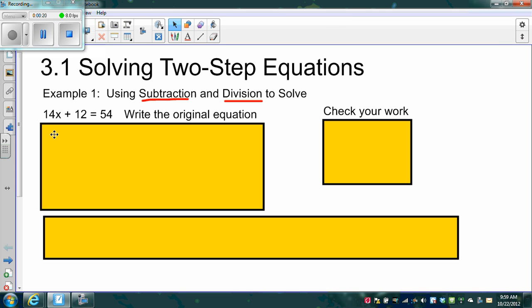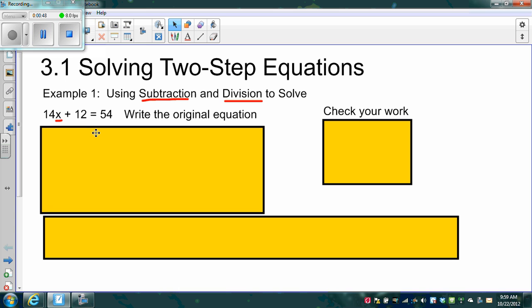So for example, if you had 14x plus 12 equals 54, the goal here is we want to find out what x is. And the way we can do that is by getting everything on this side of the equation moved to the other side. But it's always best to start with the thing furthest away from x. So for example, the 14 is more closely associated with x than the plus 12. So we want to start with minus 12 from both sides,